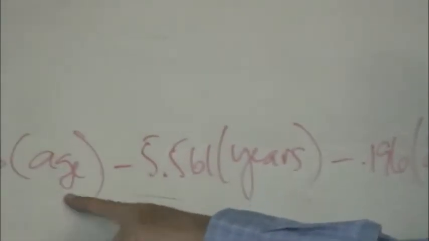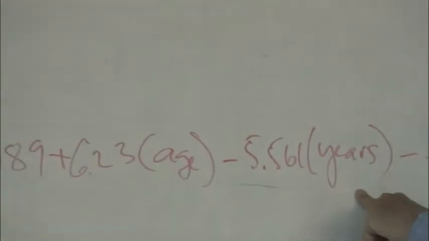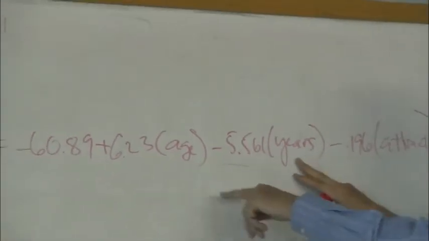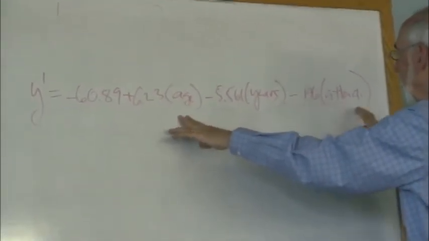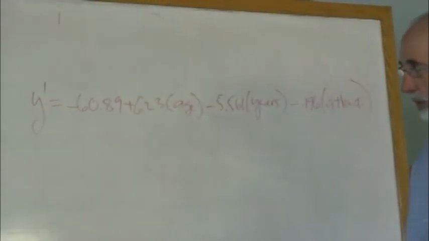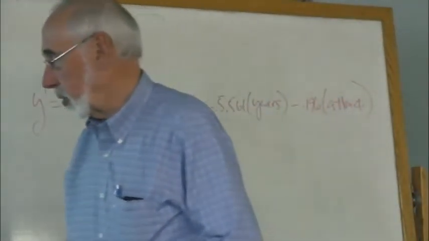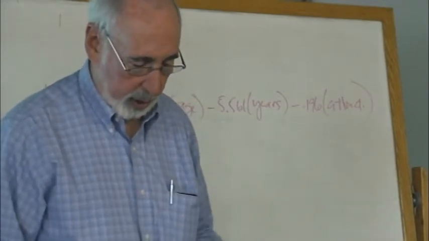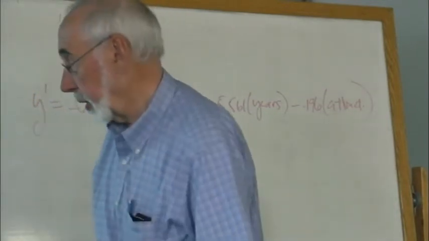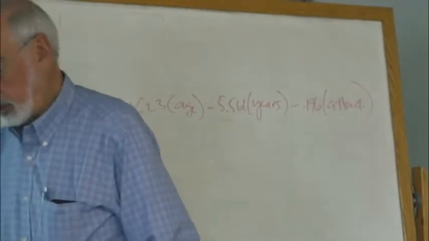But remember, that's with age and years held constant. This one's with age and attractiveness held constant. This one is with years and attractiveness held constant. So we have to think about those. Now, can we interpret those? So if we look at the actual formula here, we see that